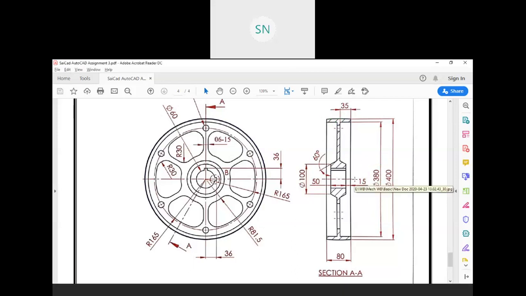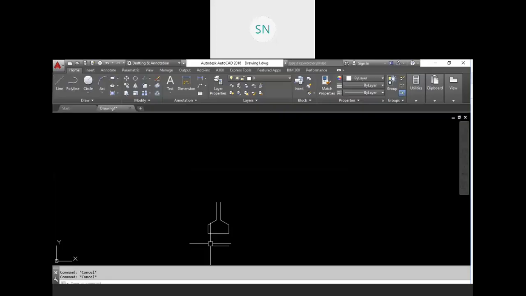From the center we need to provide the half value, so 190 will be there. So take an offset, O, enter, 190. You can also use the copy command from here to here. So this is at 190. So now just extend both of these up to this line.